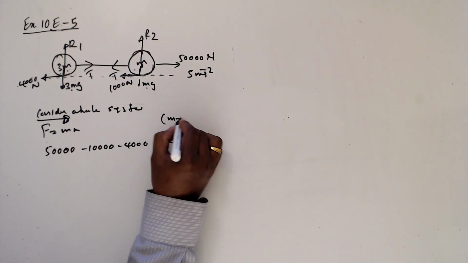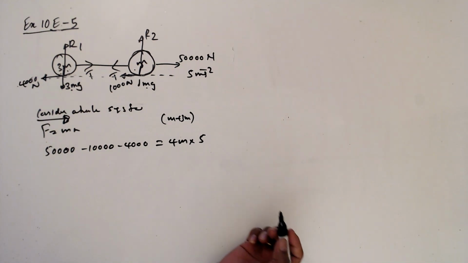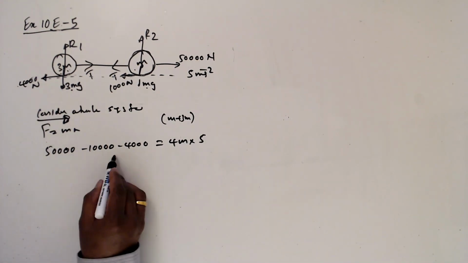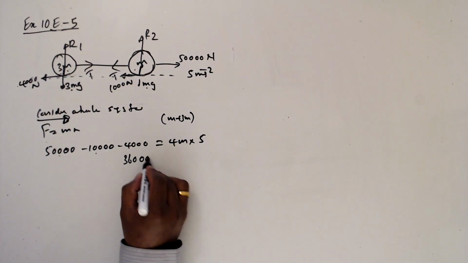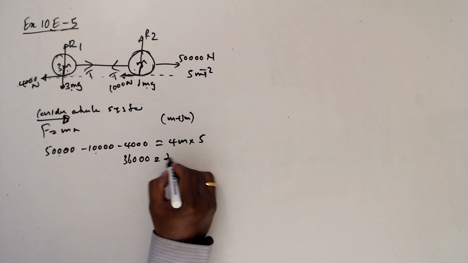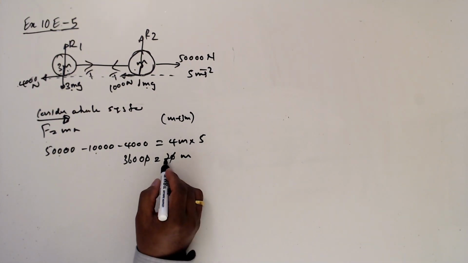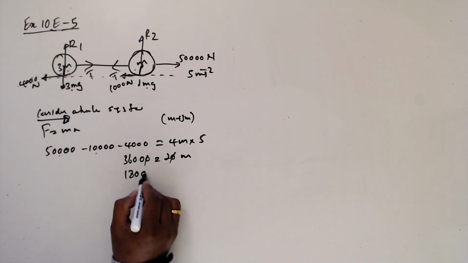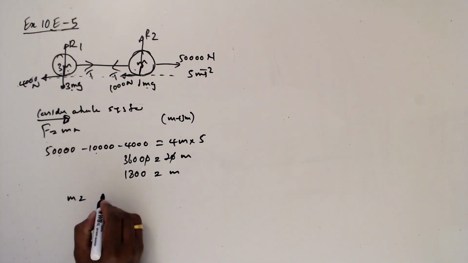So m plus 3m, 4m, and the acceleration is 5. So this is going to be 40,000 minus 14,000, 36,000 equals 20m. So this cancels out and divide by 20, 1,800 m. So lorry m equals